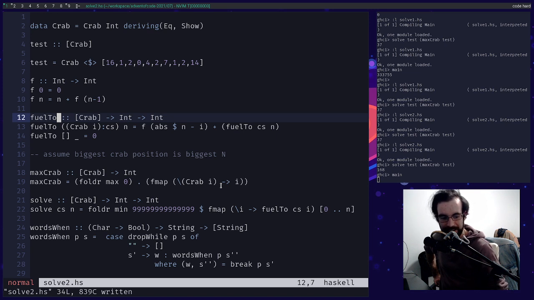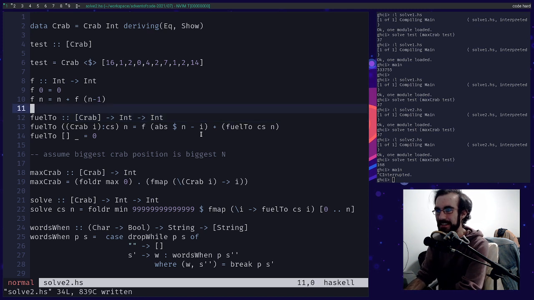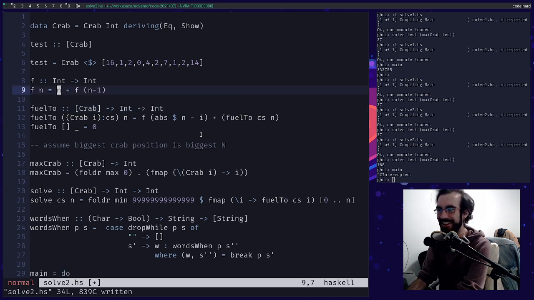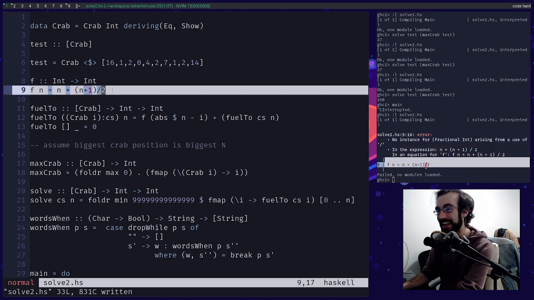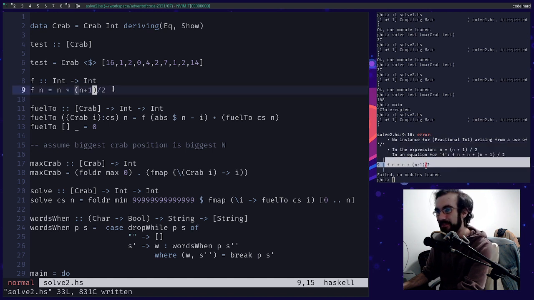Yeah, I should have done the shorter one. I'm going to kill it and do the shorter summation: n times n plus 1 over 2. It's the classic. Is it Gauss? That classic math story. His teacher set him busy work to add up the numbers. I hate this. Because I'm returning an int, the division by 2 is